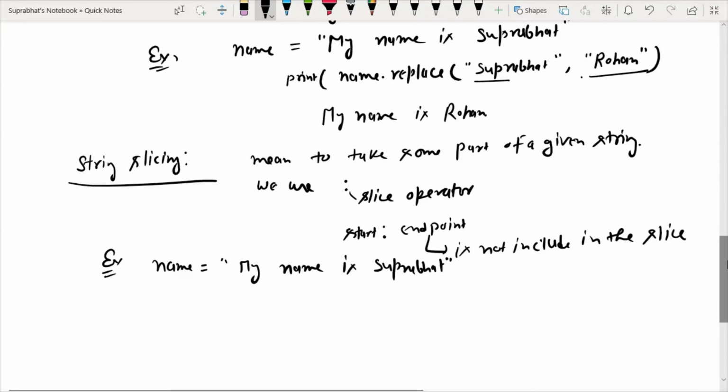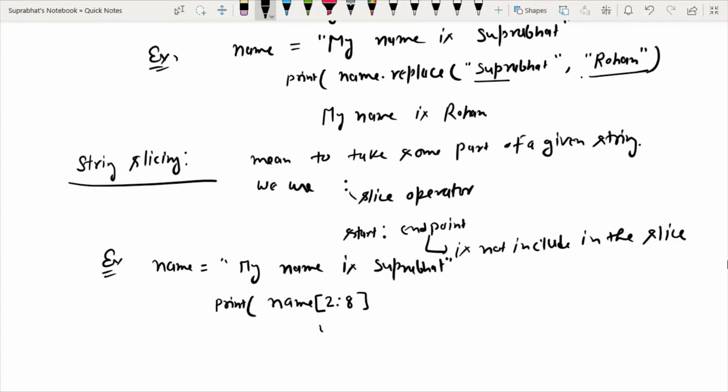Suppose I use print name, and in square brackets I have used 2:8. What it will do is start the slice of that particular string from position 2, that is 0 1 2, to the end location, but this last position will not be printed. So it works like this: start point, end point.